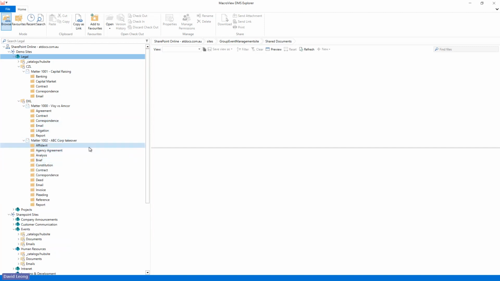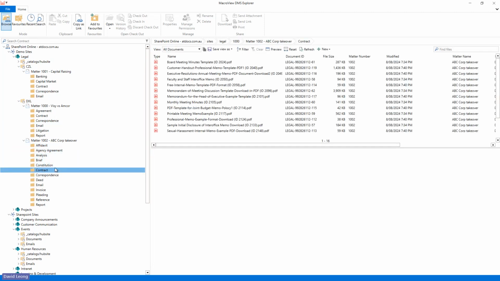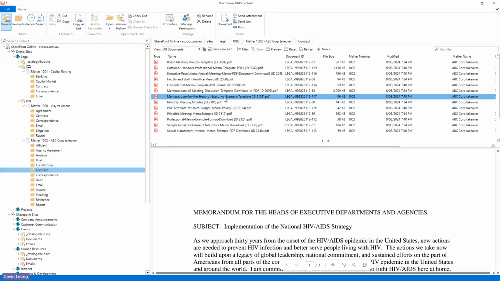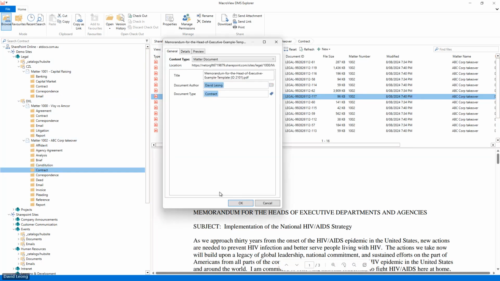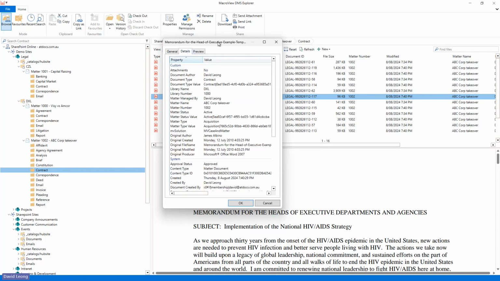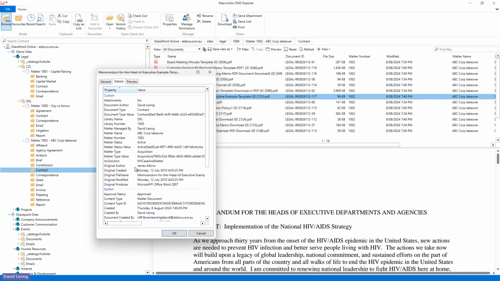But the difference here, if I look into one of these document types, every document type, sure, it's sitting within the right folder across the right matter. But if I look at the properties of this file, you'll notice these have been auto tagged or auto classified with information like the document type is a contract, the author. But if I look at the details now, you'll see there's more metadata there against this file than what your rudimentary file system has.